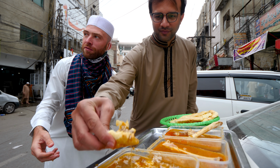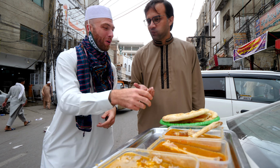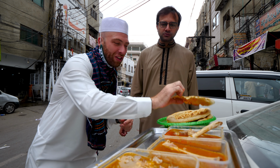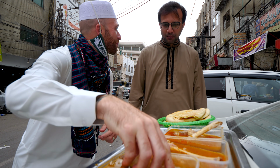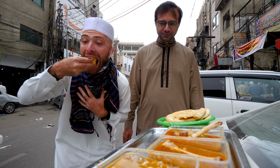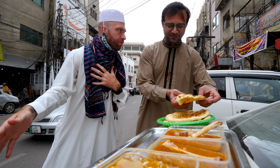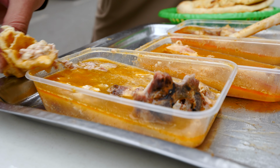Perfect. Lassi? Why not? Oh, the brains is way better. I'd rather the brains over the feet. Brains is like pure butter and jelly. It's very creamy, and it's also a little spongy. Spongy, yeah. Oh my god. It's really tasty. It's too tasty. You have to be into organs if you want to eat this dish. If not,